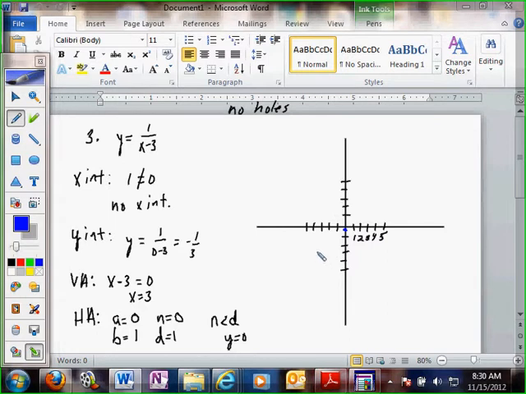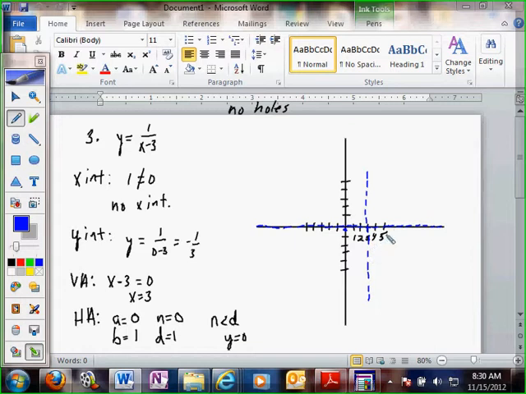I have a vertical asymptote at x equals positive 3, so that's going to be that dashed line that goes through the 3 on the x-axis. And then my horizontal asymptote is y equals 0, which is that dashed line that basically makes up the x-axis here. Okay. Now,